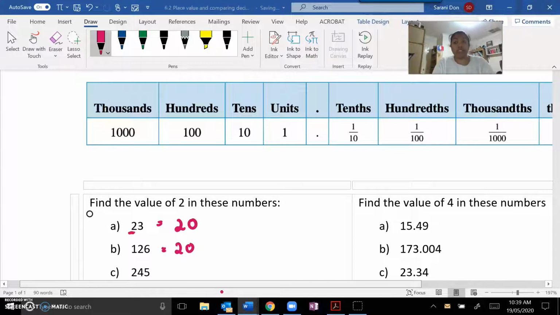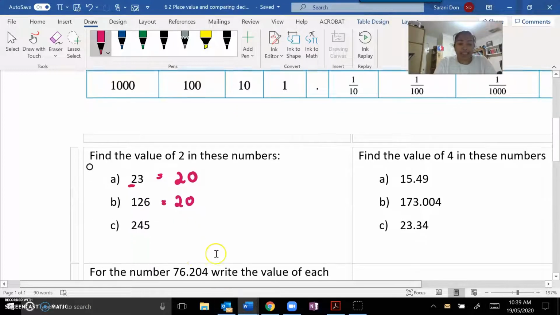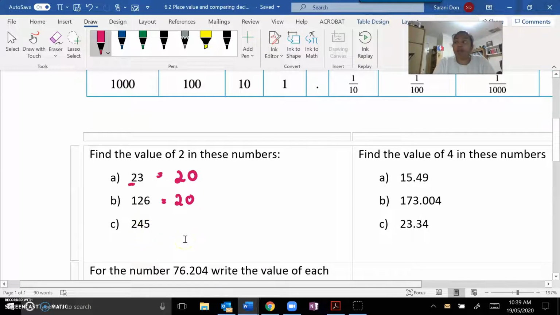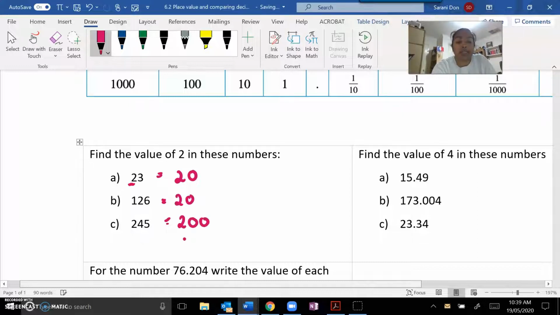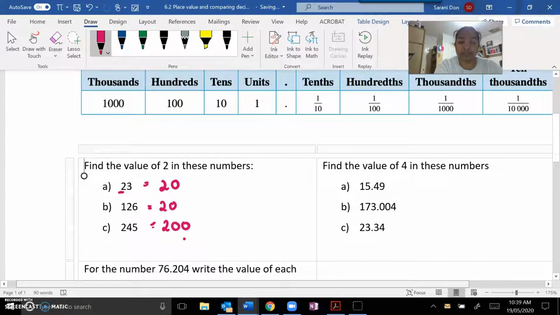So 20. 2 tens, sorry, which is 20. And this one, 245, even by just verbally saying it, you already know what it represents. So this 2 will represent 200. So if you're having trouble, an easy way to do it is you write it